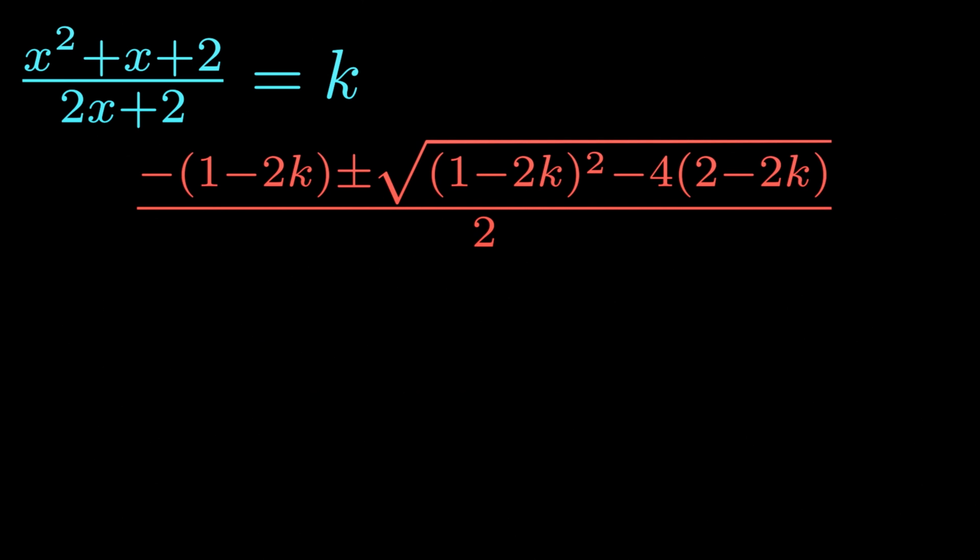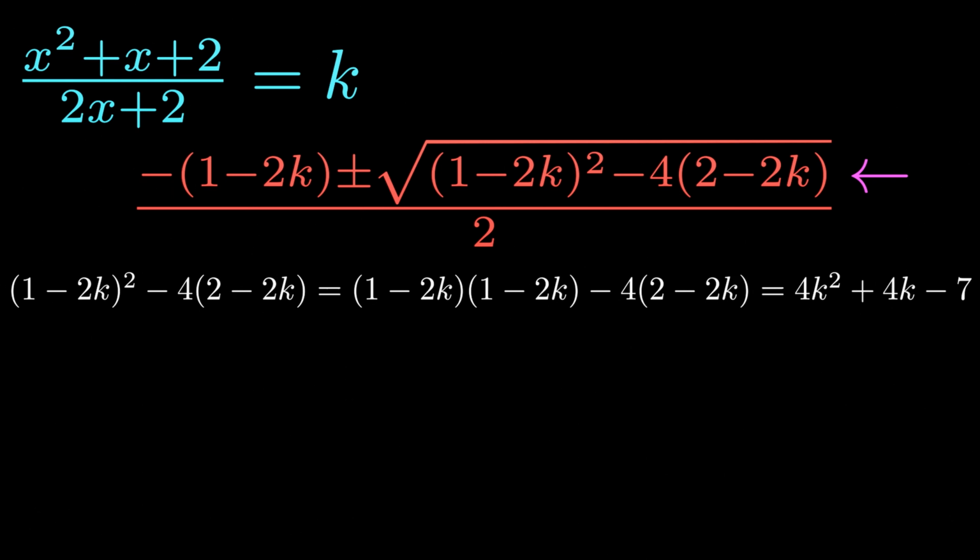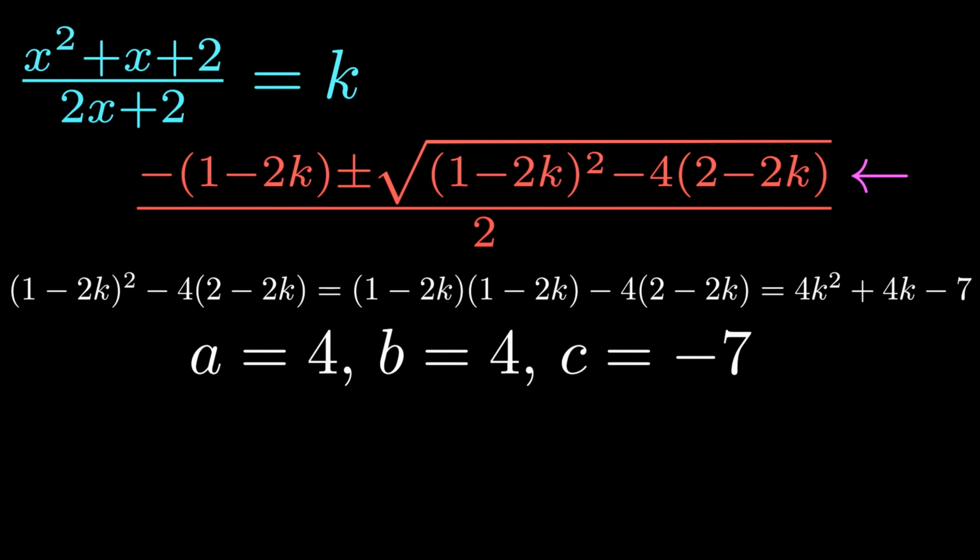Now, we're interested in the values of k for which our given equation is solvable for real values of x. So what part of this quadratic equation do you think is of interest to us? Well, the discriminant is what's of interest to us. So let's expand it. We have 1 minus 2k multiplied by 1 minus 2k minus 4 times 2 minus 2k, and that's equal to 4k squared plus 4k minus 7, which again is a quadratic with the following coefficients: